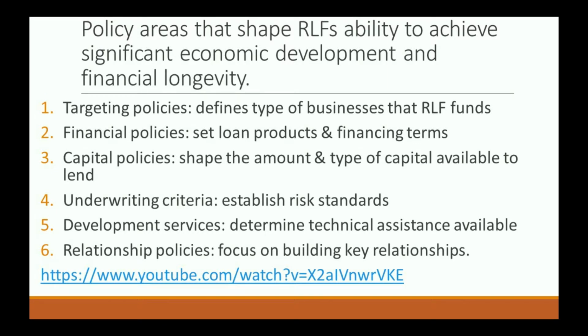Next up, financial policies. These set the loan products and financing terms. So it's going to define credit terms, the loan size, what interest rates we're charging, repayment terms, and it's specifically looking at the trade-off between maximizing economic development and enhancing financial sustainability. If we were to provide loans with low interest rates and long maturities, this would reduce the cash flow that we have in our revolving loan fund. So we would have lower future capital levels in our revolving loan fund if we charged really low rates and had long repayment schedules. So we do need to balance our economic development goals and the financial stability of the